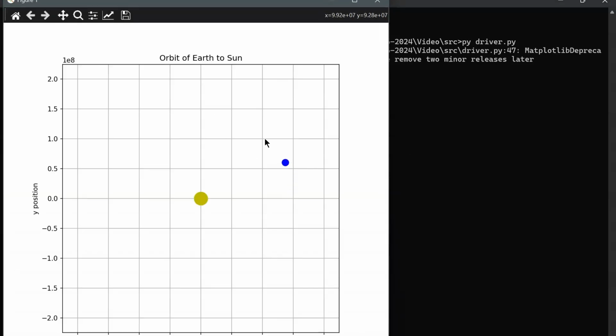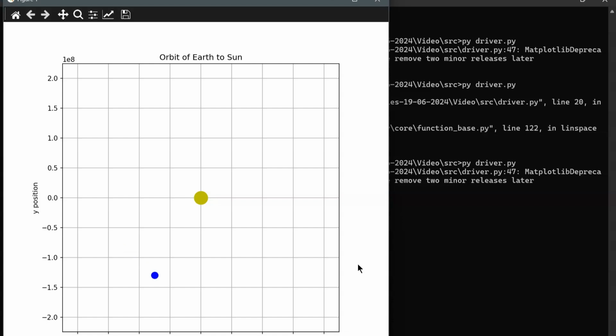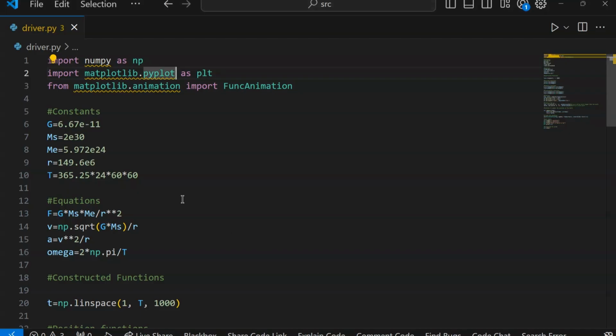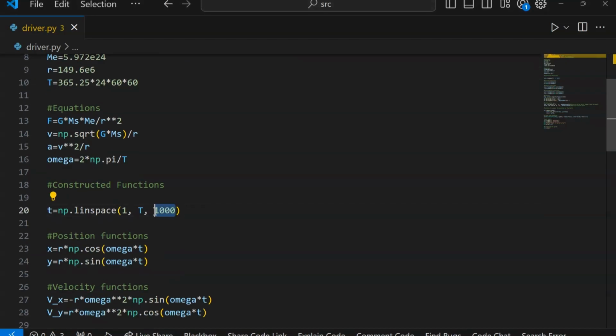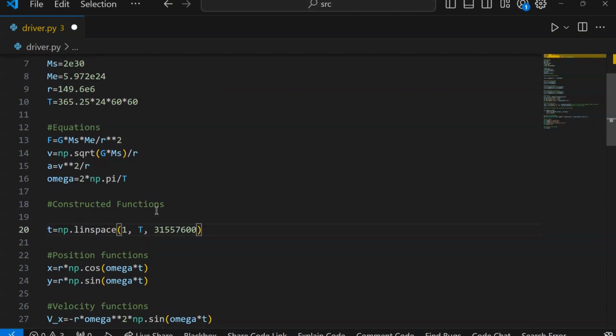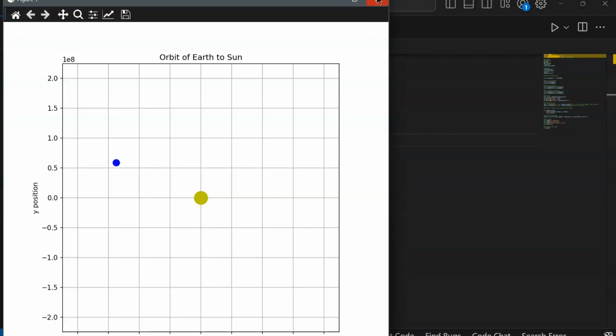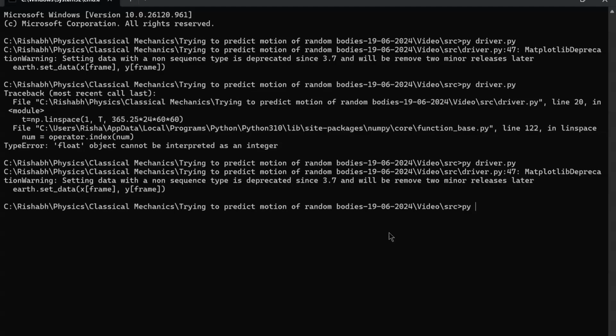Alright, we have successfully run the code, and we see that the Sun is in the center, the Earth is orbiting the Sun. So congratulations, we have run the code. Now it is running at this pace. The Earth is orbiting the Sun at this pace because we have actually in our code used 1000 in the linspace. We can update this to the real time which is this much. This value is basically the product of these. And if I save it and run this again,